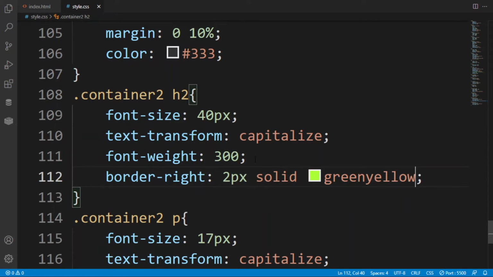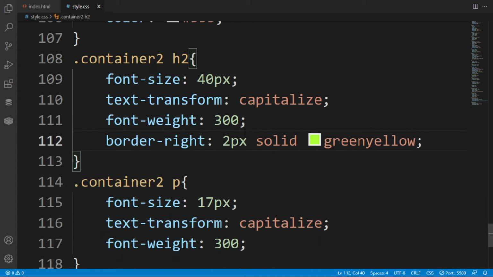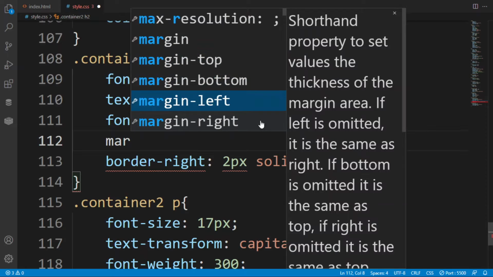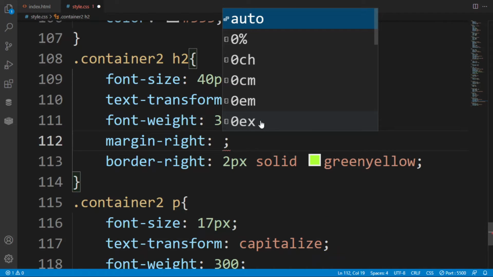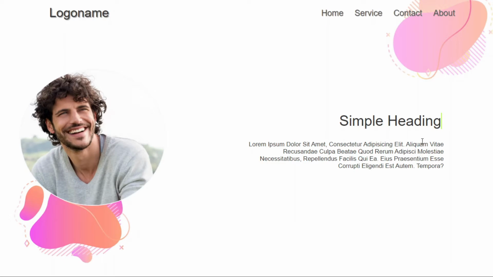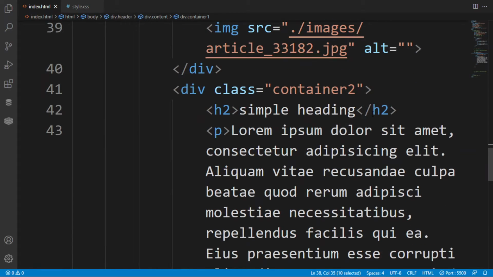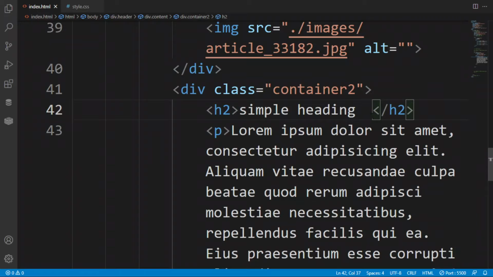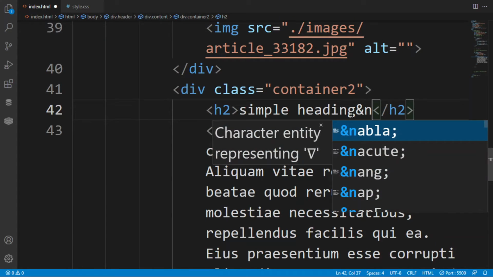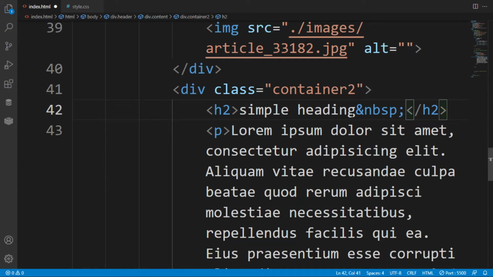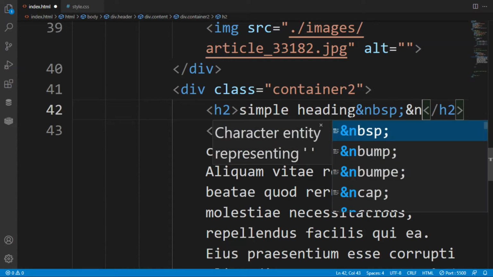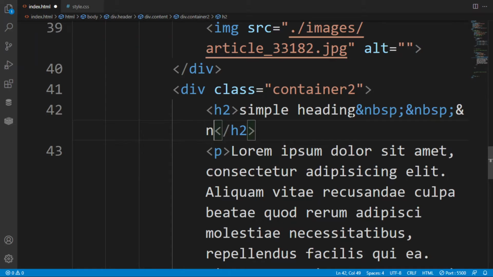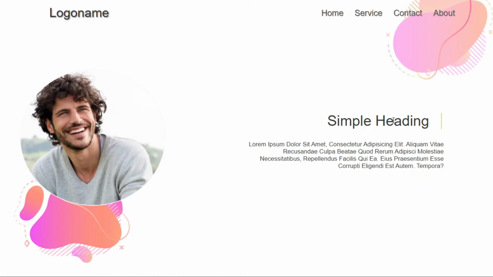As you can see, now I want to increase this width, or let's leave it, giving the margin from the right side, because the heading also has been taken to that. Now it doesn't work, so we are going to use the HTML non-breaking space, &nbsp;, and you can put it 2 to 3 times so that there is a gap from the border right.